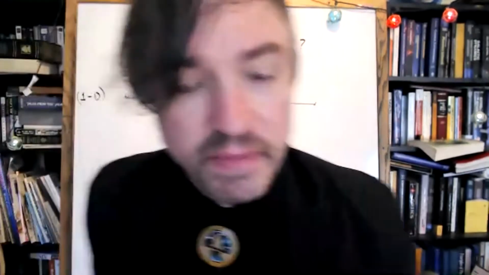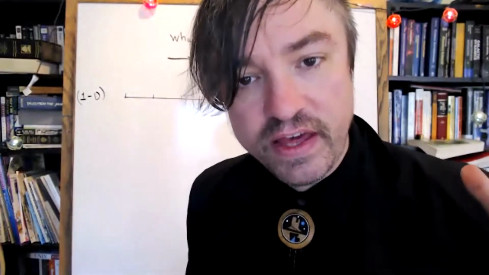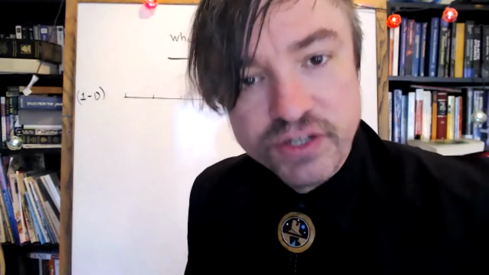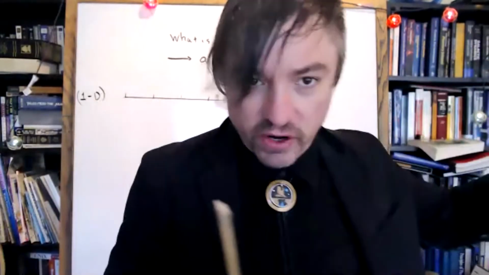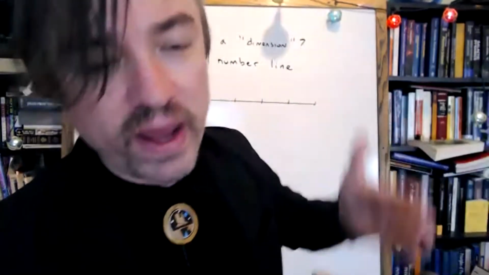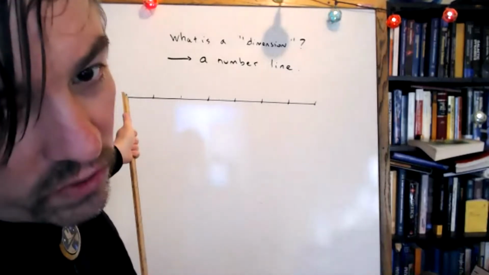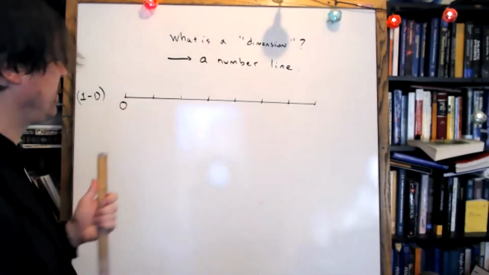By the way, you might be asking me, why are you talking about dimensions and number lines? The real art of physics is learning how to measure things like position, velocity, acceleration. And to measure those things, you need to have an origin, a place where you start your measurements from. How far away from X am I? Usually you get to choose your own origin. I'm going to choose my origin to be 0.